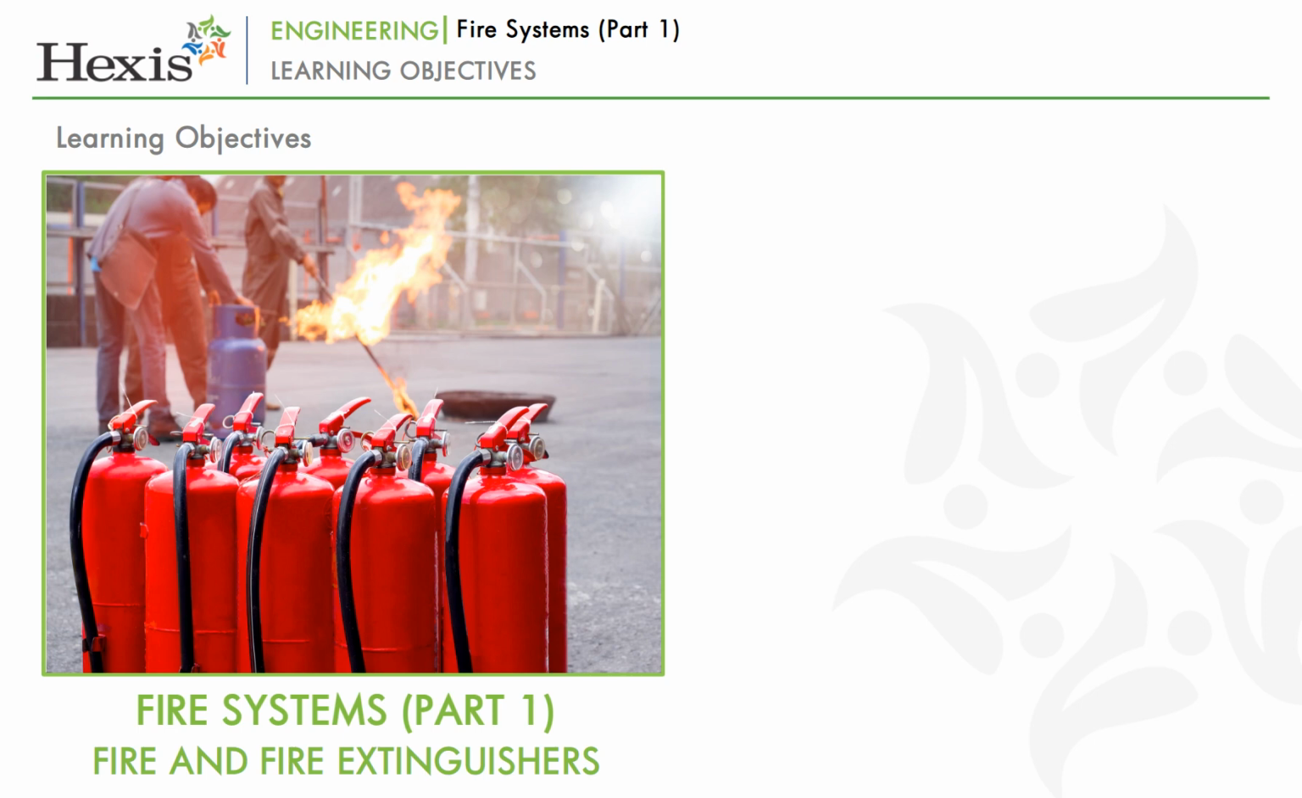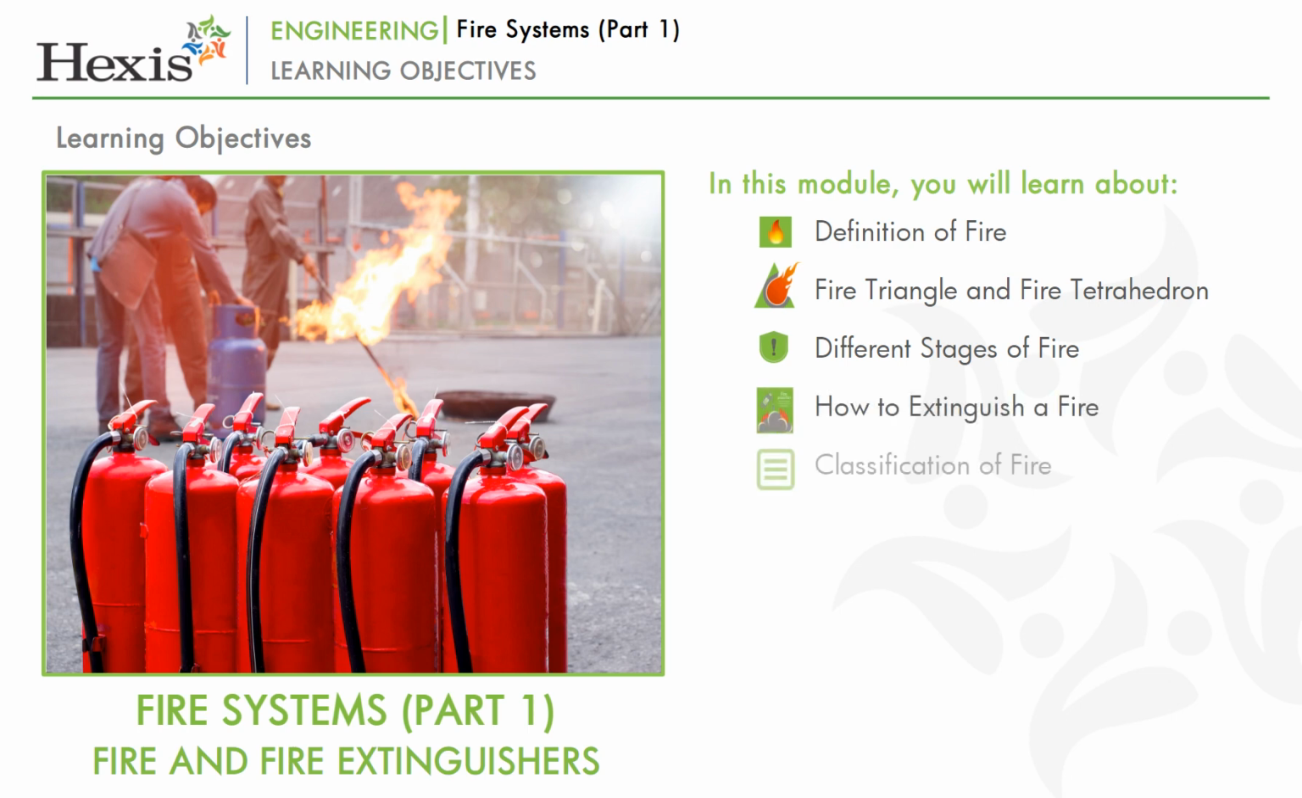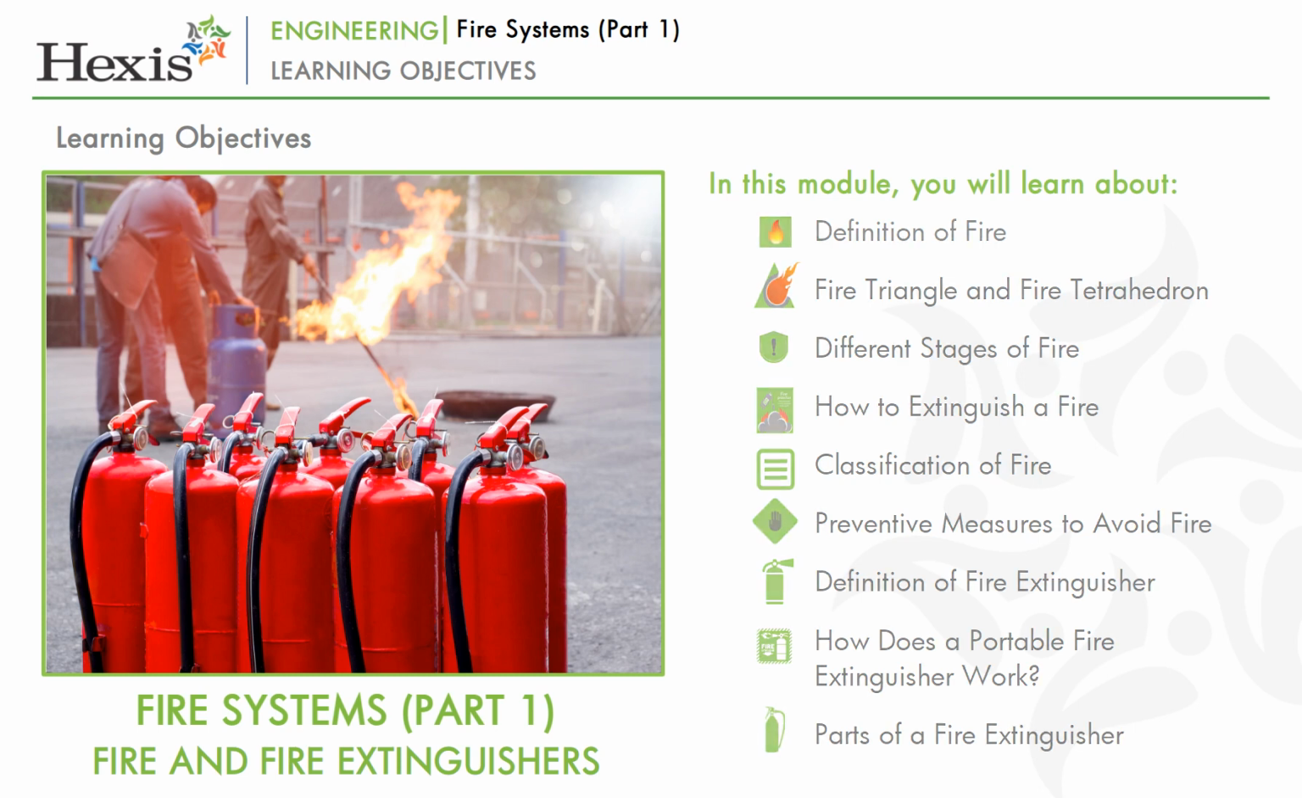Let's take a look at the learning objectives of this module. By the end of this module, you will be able to define fire, understand the fire triangle and fire tetrahedron, list the different stages of fire, explain how to extinguish a fire, classify fire, list the preventive measures to avoid fire, define fire extinguisher, explain how a portable fire extinguisher works, list the parts of a fire extinguisher, explain the types